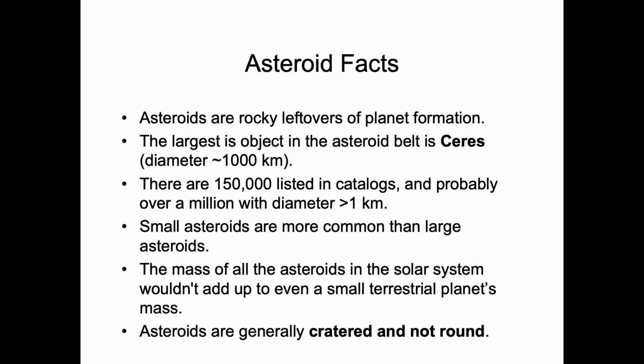And in order for a celestial body to get rid of its craters, it needs to have some type of geologic activity, typically volcanism or tectonic plate movement. If there's an atmosphere, we can have weathering and erosion and deposition, which would smooth the surface out as time passes. But even so, even though all of the asteroids in the solar system wouldn't amount to a small planet,